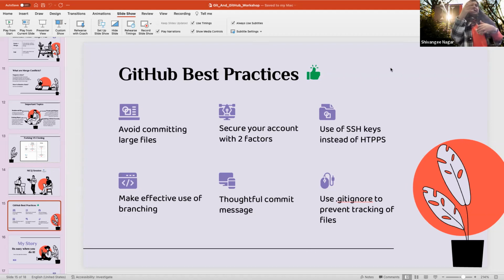Different organizations have different setups. Where I was working, while committing or pushing my change to the remote, I could choose the audience, that for this particular change I want these people to see my code. So sometimes that sort of thing also occurs, but make sure that you commit small and very specific files. You should always secure your account with 2-factor authentication.